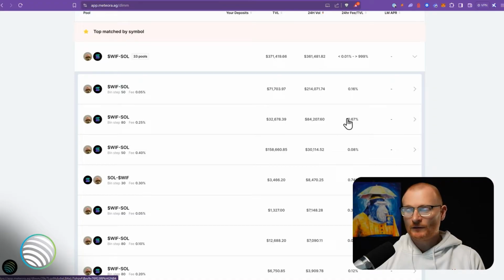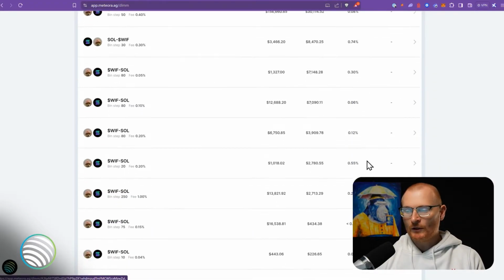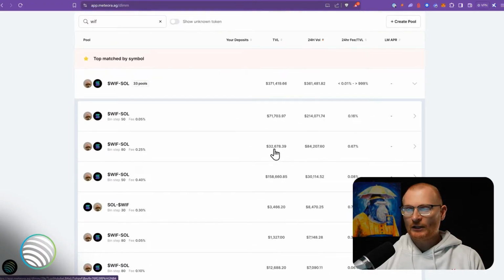There's actually quite a few different things that go into all of this, but we'll just keep it quite basic. And what we're going to do is skip all these pools with low liquidity, and we'll go into this one here. It's earned decent fees, it's got decent volume, and this looks good. If we take 0.67% and multiply it by 365, that would be the annual rate. Of course, it can go up or down from there though.